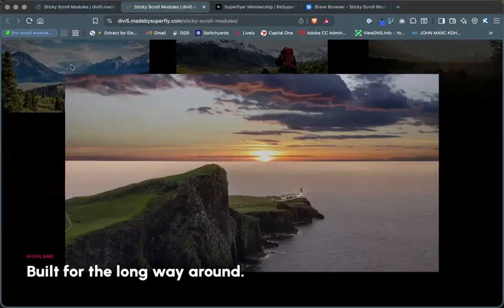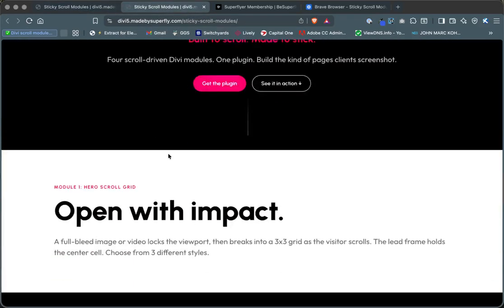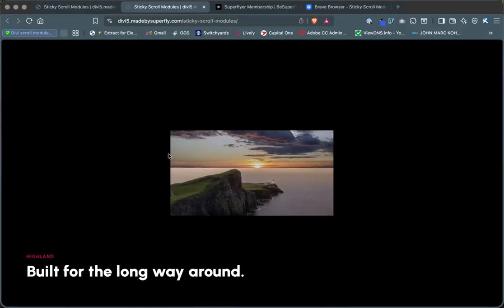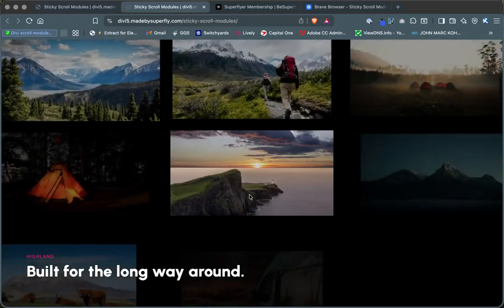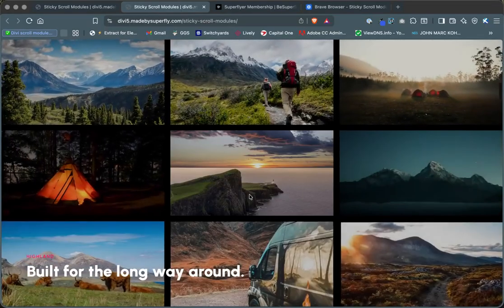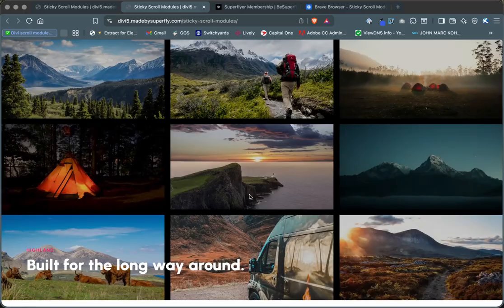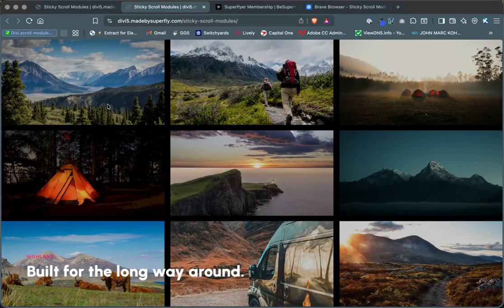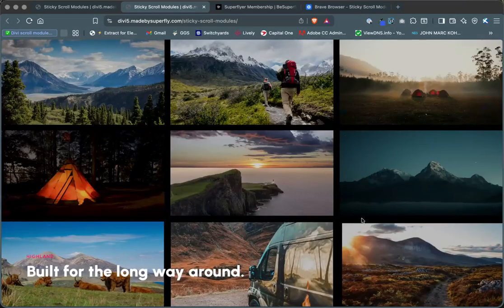All right, we'll hit refresh here. And then go ahead and scroll down again. So this one may seem a little odd at first, but you've got the little centered image. And then you can see as you scroll down, you quickly get all the other grid popping into place here at different times and intervals. This is cool because really any of these options that you choose, you can actually pop in a video here in any of these grid spots just to change up the effect and the look of things. It can also be, just however you want it to be as far as images,